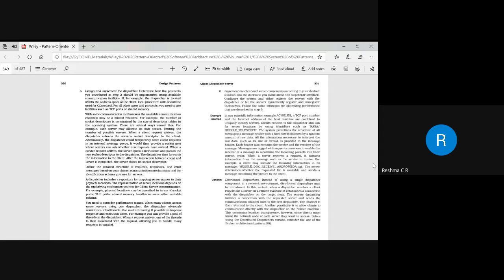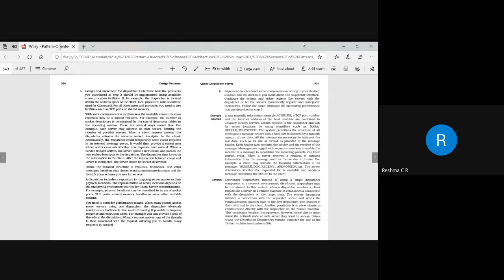So next thing is we need to define the detailed structure of the request. So what type of request that a client is requesting. So how the responses have to be sent. So it has to provide error messages. So when can the error messages be sent to the client? If the server is not able to provide a service, or if it is not able to connect, in that case an error message should be sent to handle the system.